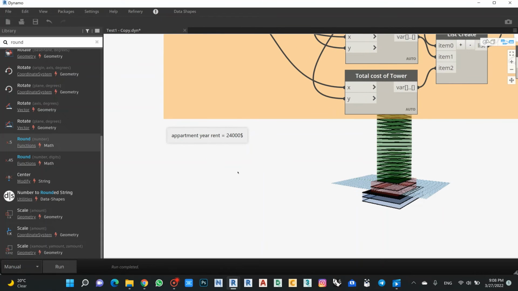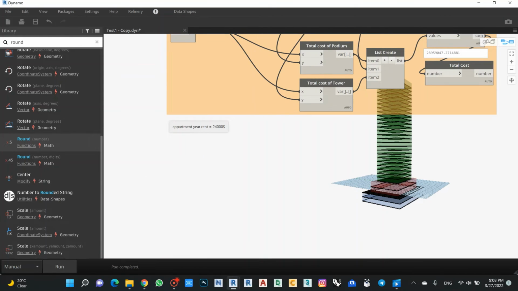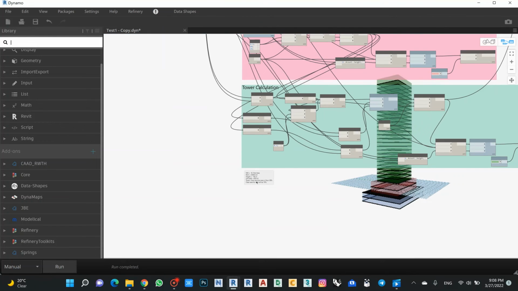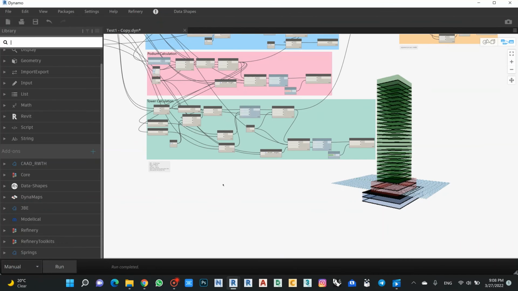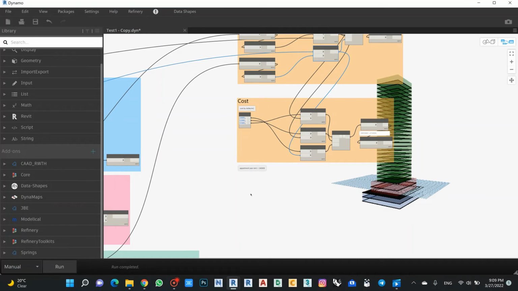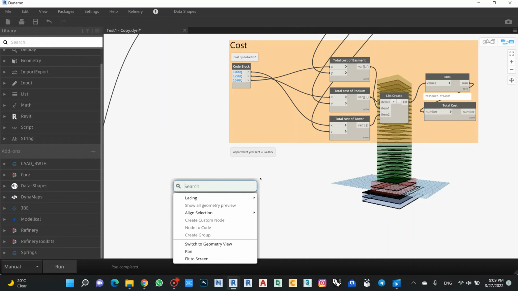And in this case, I will bring the area and how many car parking that I can get. So in this case, I will do a small equation. It will be 70% of the clear area that I can rent from these floors. So I have the total area of the tower, and this total area of the tower will be multiplied first by 70%,